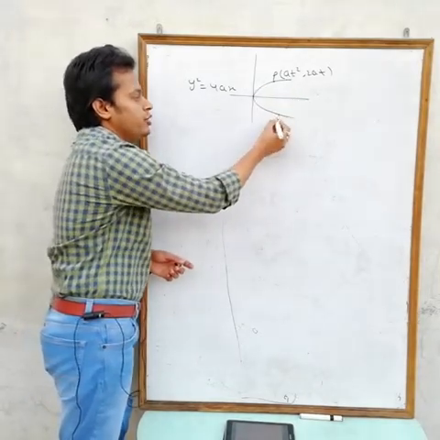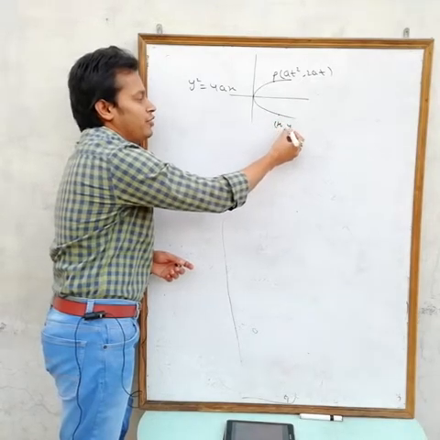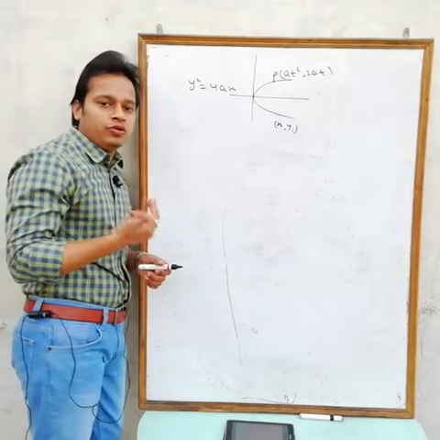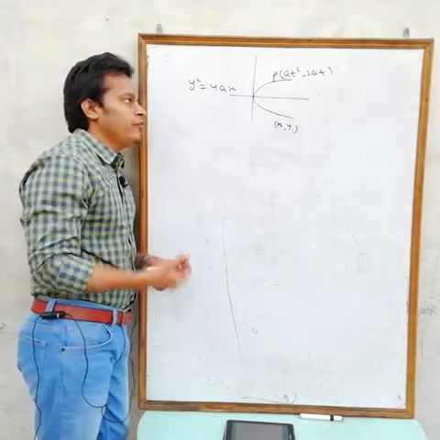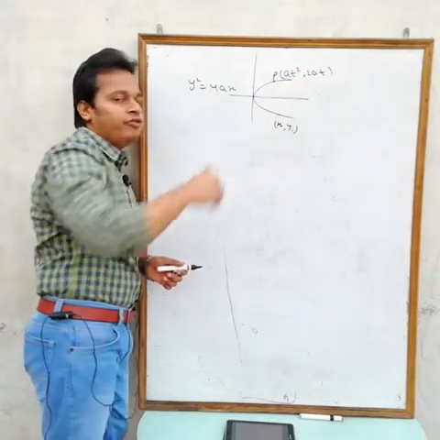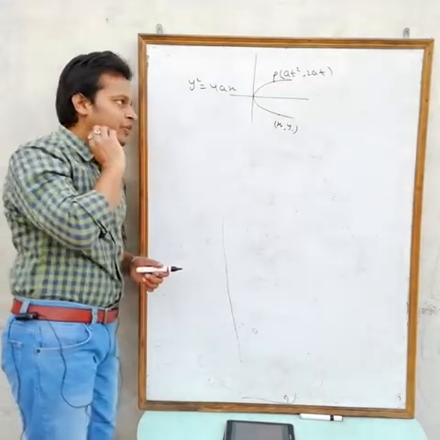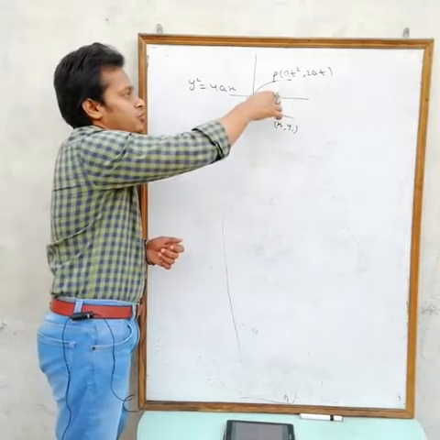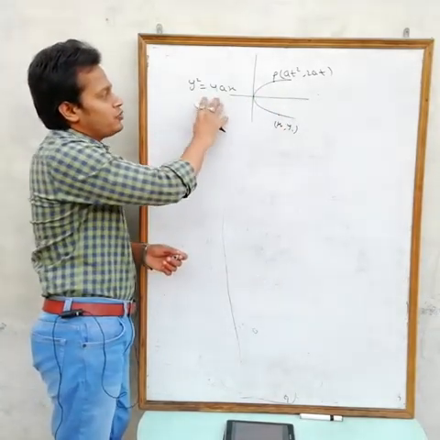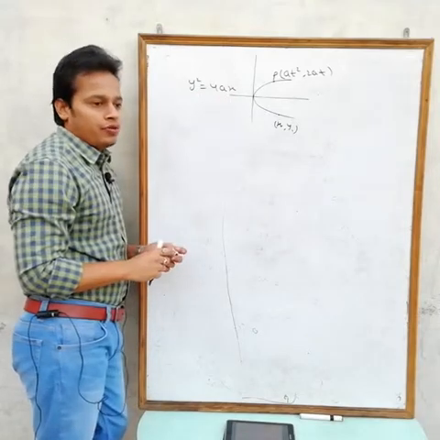Also you can assume a point in terms of x1 comma y1, but when we assume it in terms of x1 comma y1, then we have two unknown values, x1 and y1. If you assume any point in parametric form, then we have only one unknown value, that is t. So we have to use this point. The parametric point for any point on the parabola y square equals to 4ax is at square comma 2at.